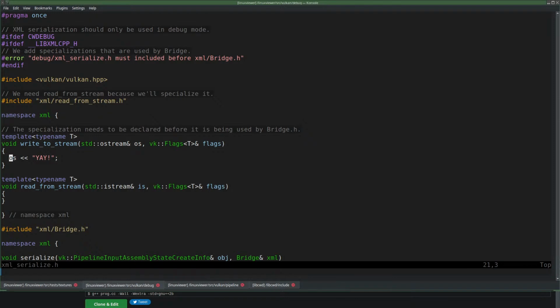Okay, so I need to test if T is an enum, and then if not, then fail. Or let's just assert it. I could use a static assert. I have to use a static assert.